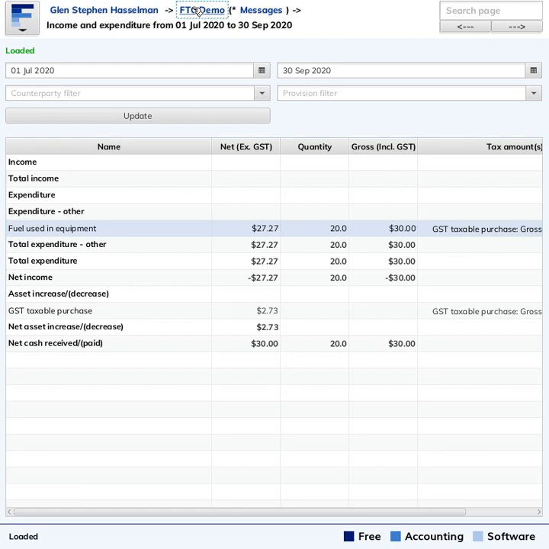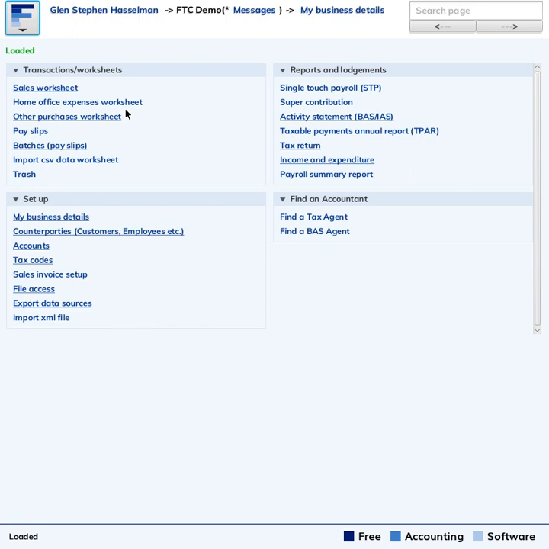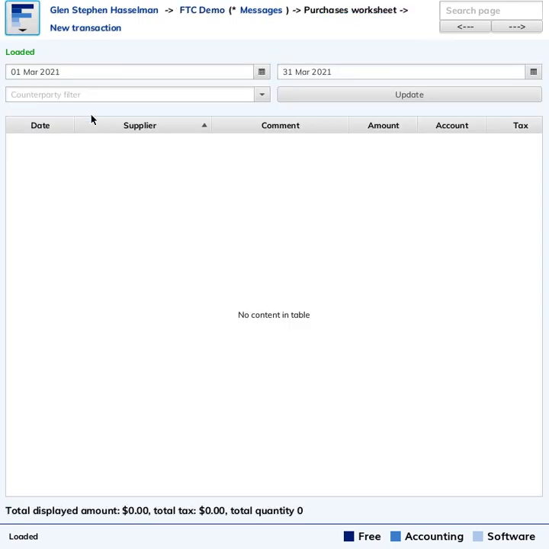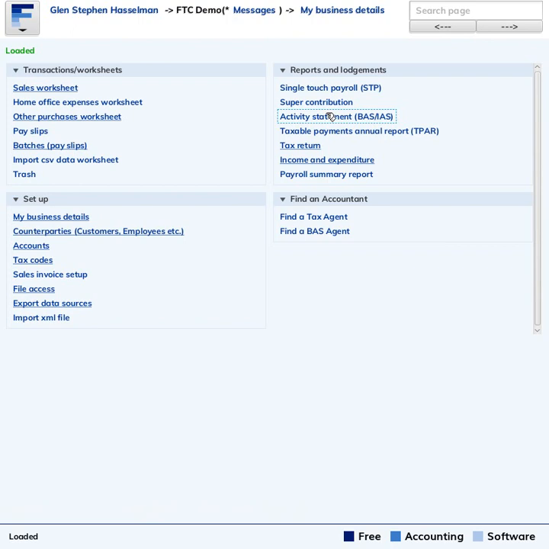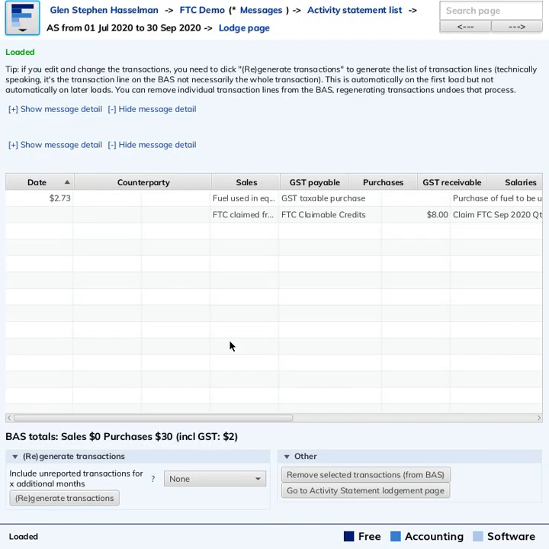You'd have probably several throughout the quarter. Okay, so now let's say we're at the end of the quarter, we're ready to enter our transaction to claim fuel tax credit. I guess the first thing to demo is that,